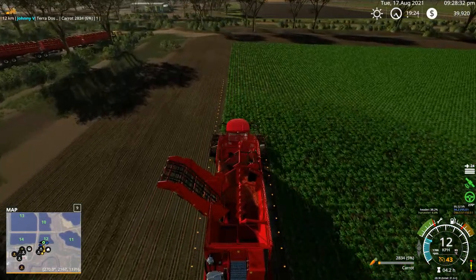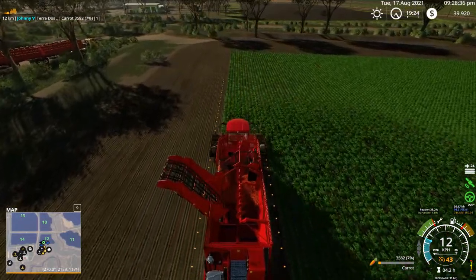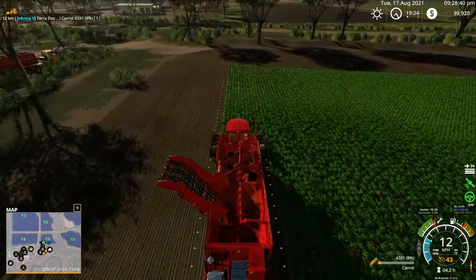Yeah, you only need this harvester and you can do all the root crops. Well, on this map there's 4 of them, so...